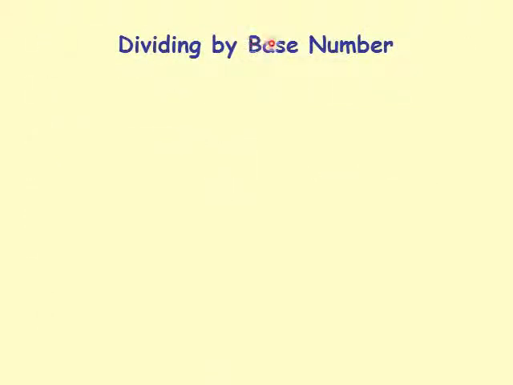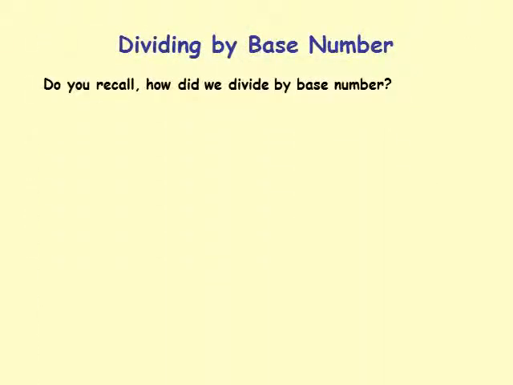Let's divide by base number, okay? Do you recall how we did divide by base number? Continue here. Let's say the number was 538414. We are dividing by 1000. 1000 is a base number. What we did? We drew a line to the left of 3 digits. The 3 digits come from the number of zeros in the base number. Okay, and we said that if you were dividing 538414 by 1000, then 538 was the quotient and 414 was